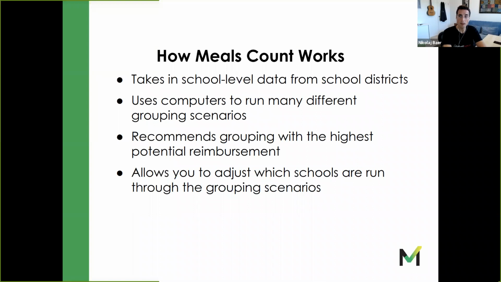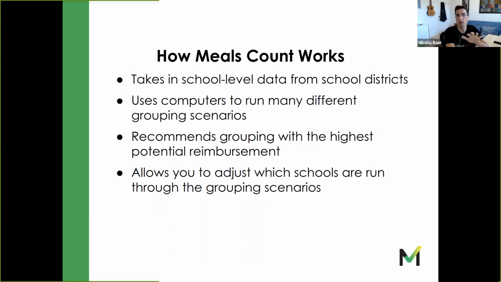All right, so talking about how Meals Count works. Meals Count is a very specific tool that targets the specific challenge and opportunity in CEP, which is the grouping. When you get your CEP application, you have all your different schools or sites, and you're allowed to group them into bundles any way you want. That will allow you to change or submit the aggregate ISP for each group. So you can bundle two schools together of different ISPs, and the aggregate, the total eligible versus the total enrolled, will be the one that is taken to trigger the funding levels, the reimbursement levels that Emily talked about.